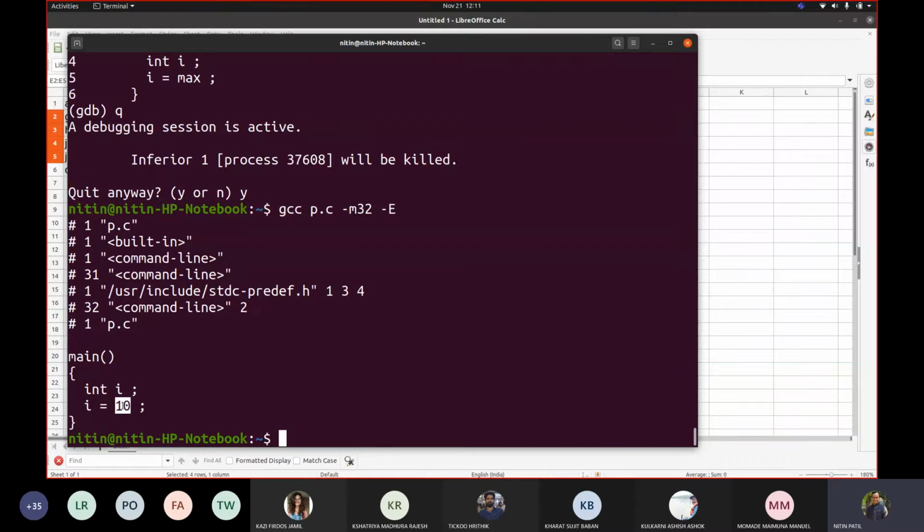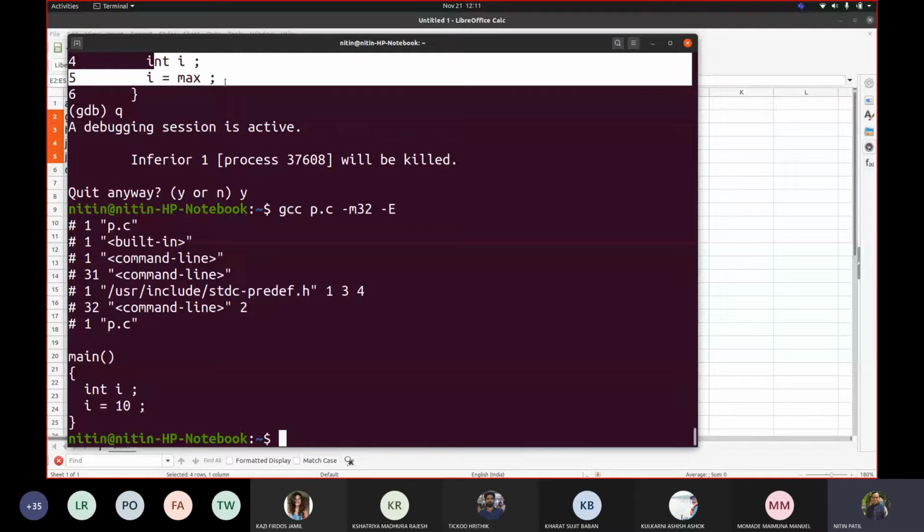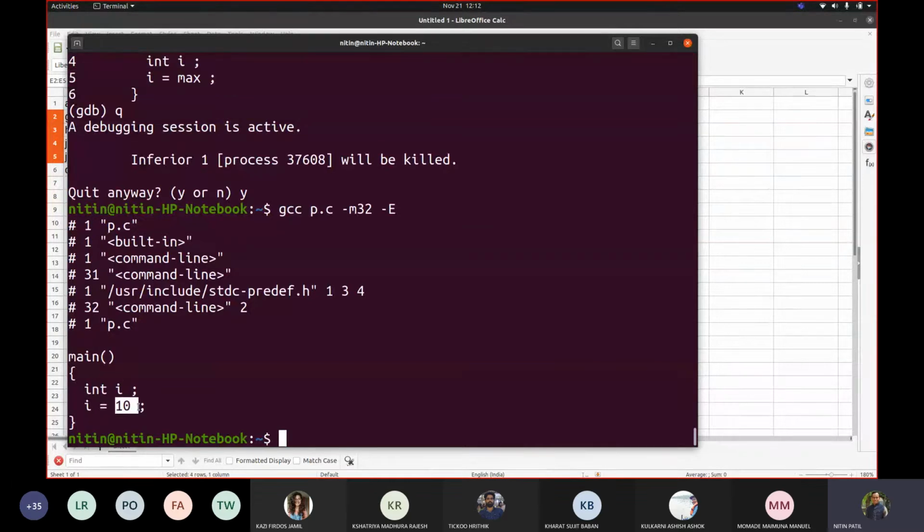This is pre-processing. So though it is showing us at runtime that the code is i equal to max, the value given to i was 10. This is only to show you, because it is not going to change your source code. Whatever it shows in debugging shows you the source code, and at runtime it only shows you the values. Though this value was affected before the link, before the execution started, because pre-processing was done prior and the value of i was given as 10.